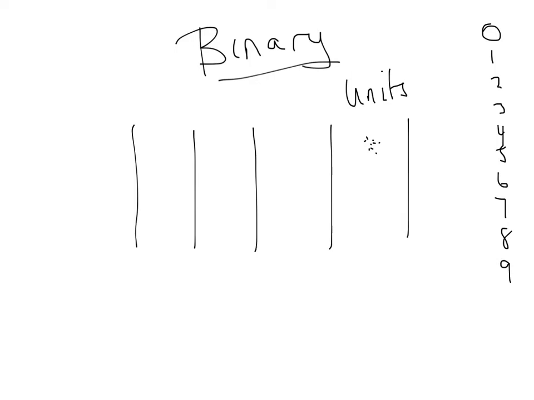So when we run out of symbols, we put a 1 in the next column, which means it's tens. And then we count 1, 2, 3, 4, 5, 6, 7, 8, 9. And then we run out, we put a 2 in the tens column. And so on and so on. 1, 2, 3, 4, 5, 6, 7, 8, 9. We've run out, a 3 in the tens column. And we continue to do that